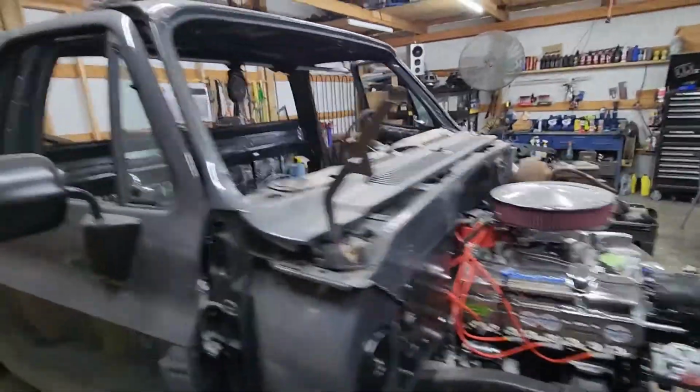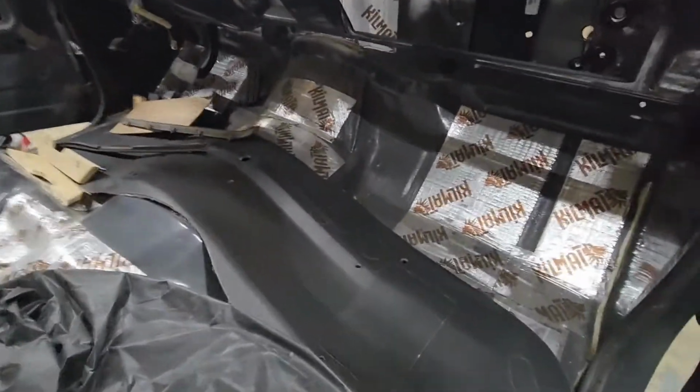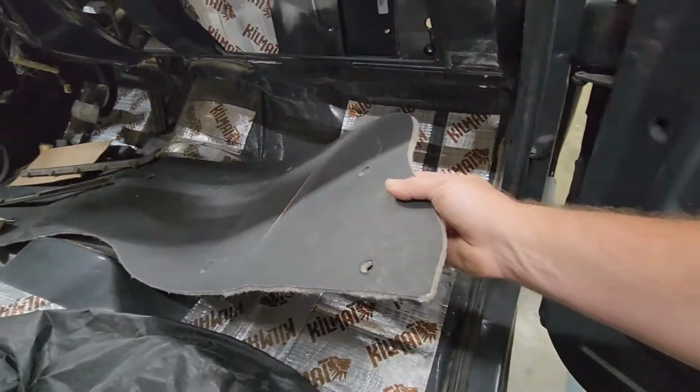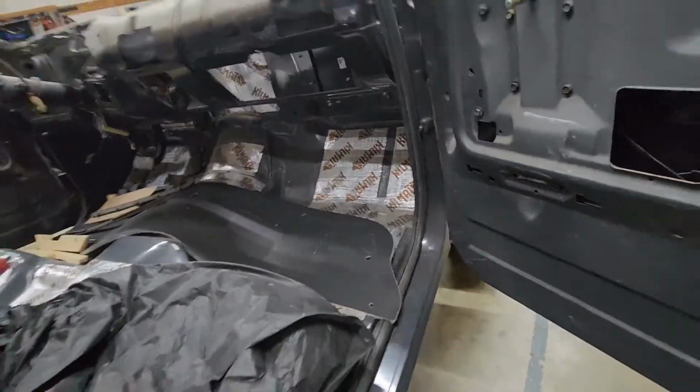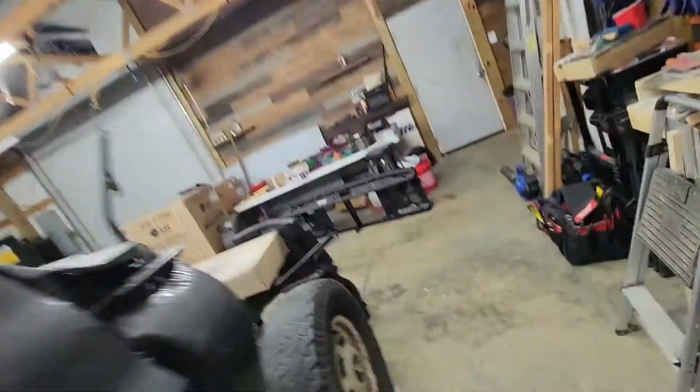I've got my dash pad. It came in, so we'll get this in here. And next time we'll get that vintage air and some of this wiring harness done. So if y'all want to see that coming up,